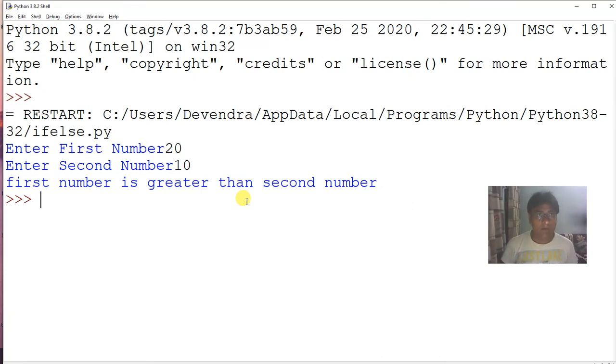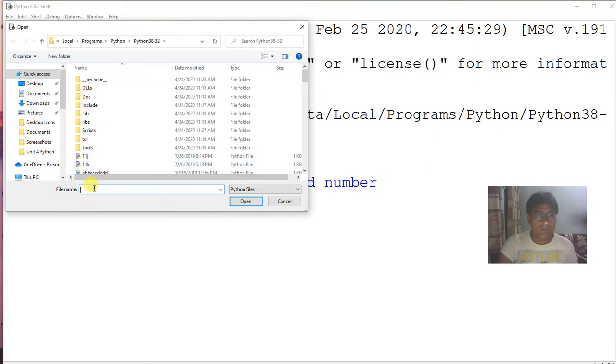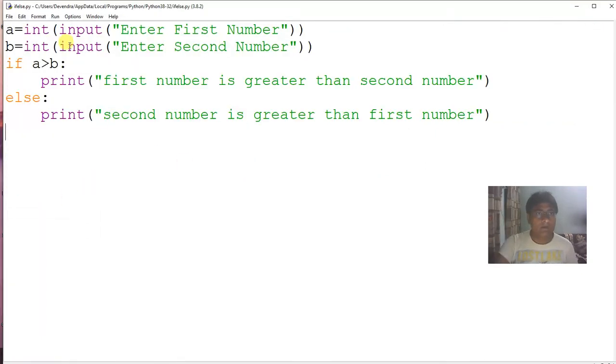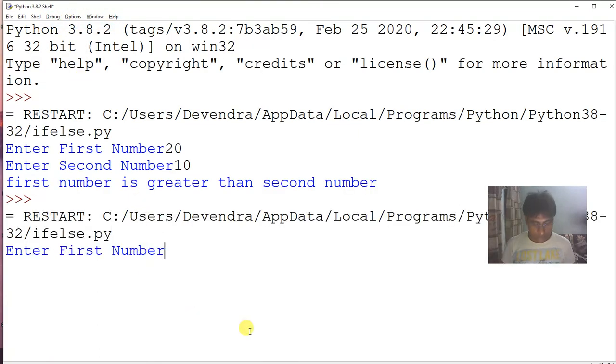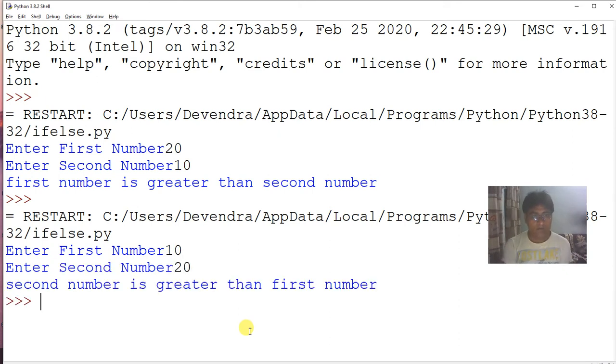Okay. We again execute the file. File open, if else .py. We run it again. And this time first number is 10 and second number is 20. Look, second number is greater than first number.